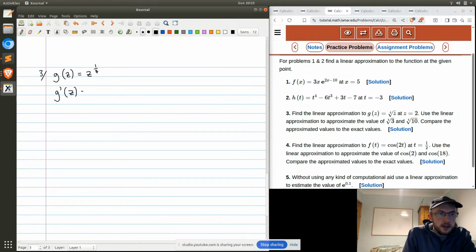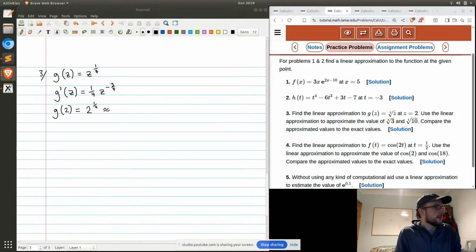G prime of z is a fourth of z to the minus 3/4. G of 2 is 2 to the 1/4, which is approximately